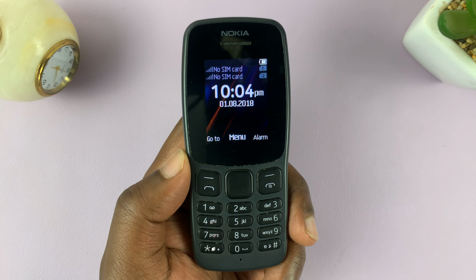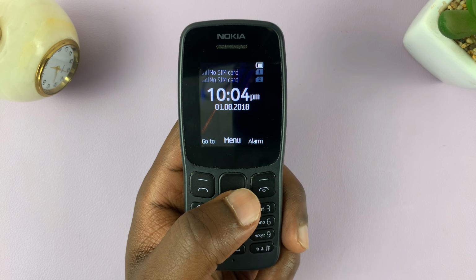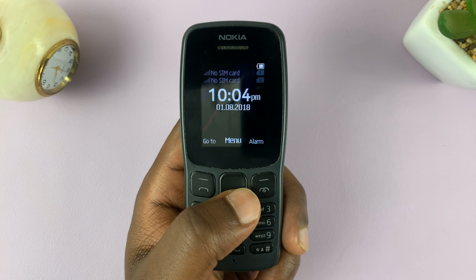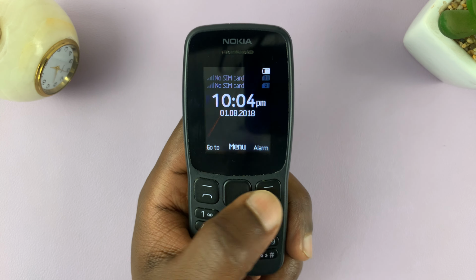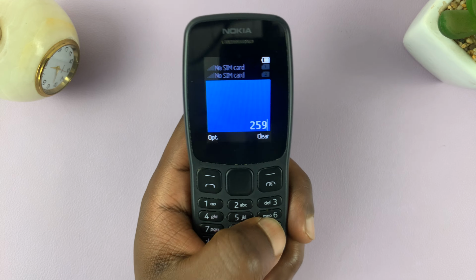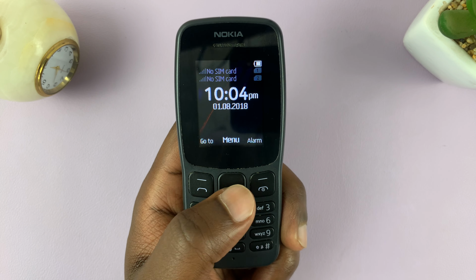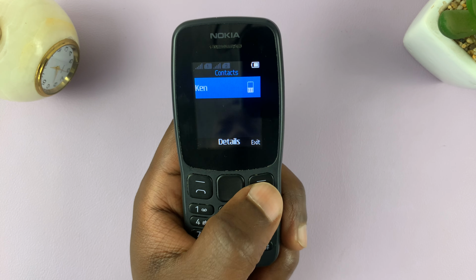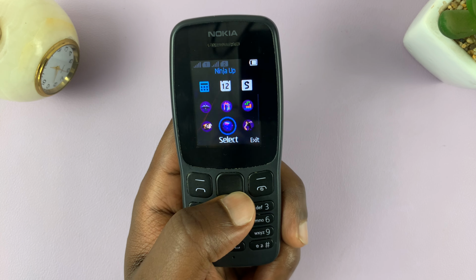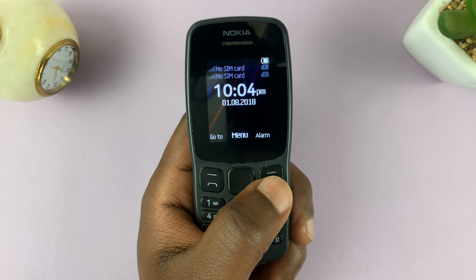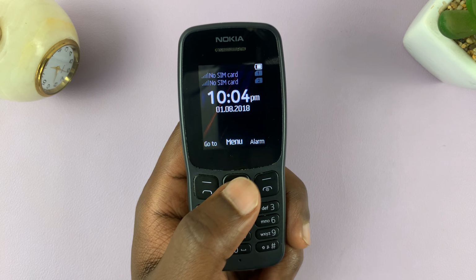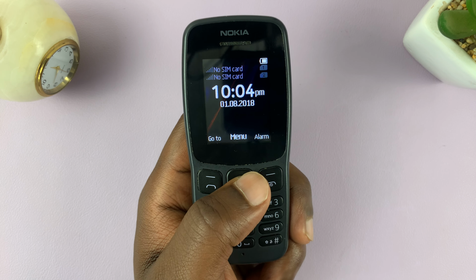So I'll be showing you how to turn off the keypad sounds or the keypad tones on your Nokia phone. Now you can hear as I press the keypad and through the menus of this phone, there's actually a keypad tone for every button I press. So to turn this off, simply go to menu,